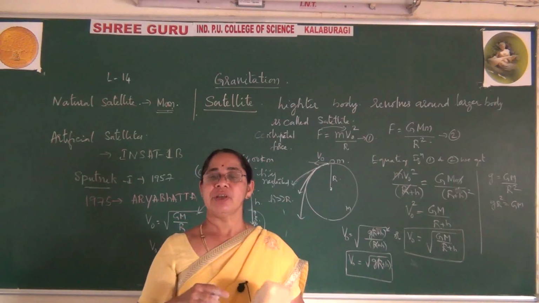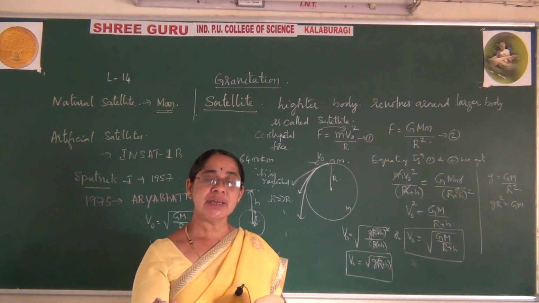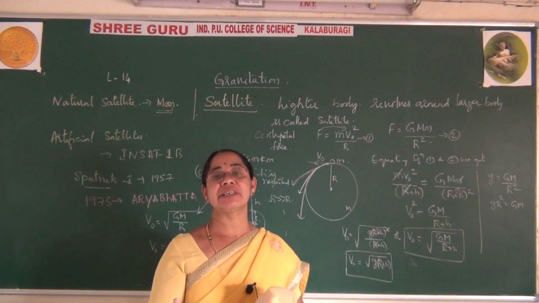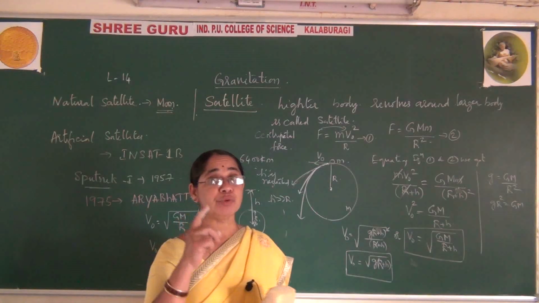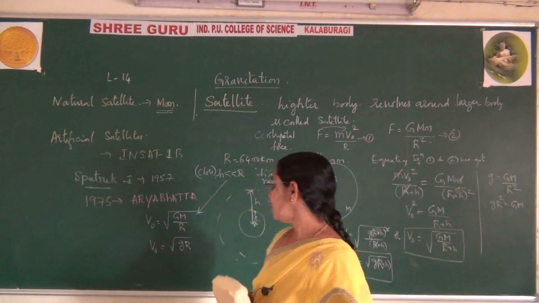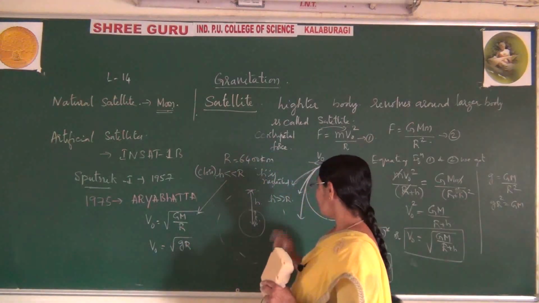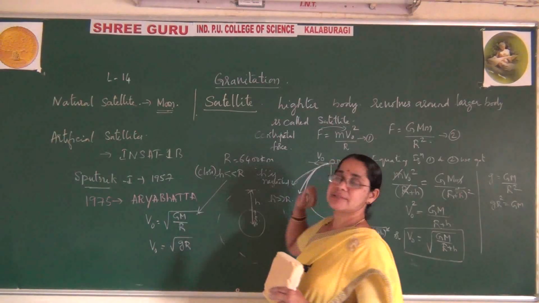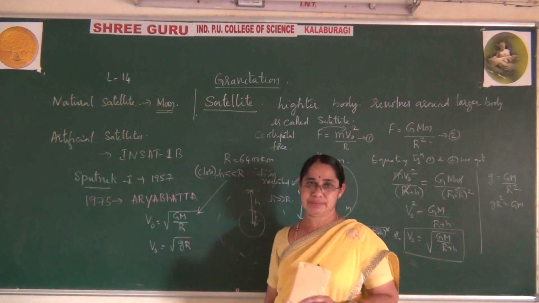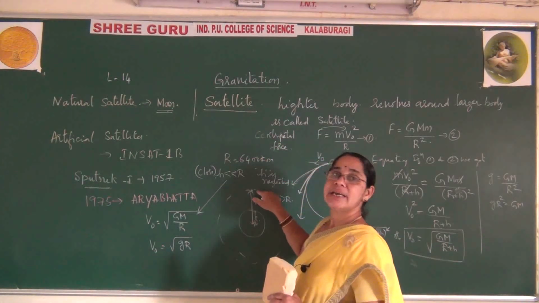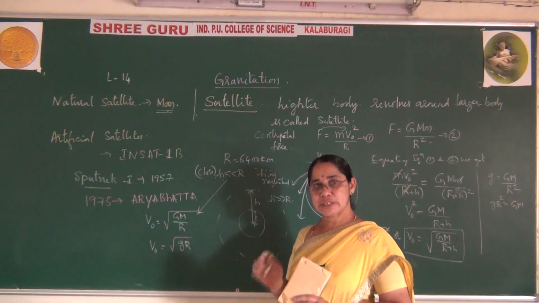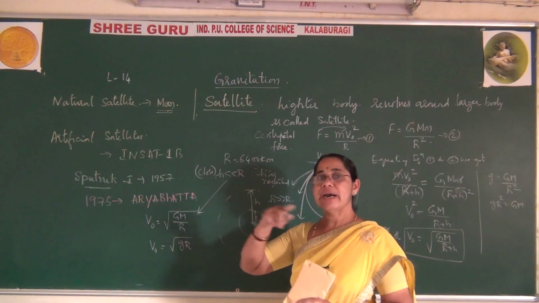When the satellite is close to the surface, naturally it has to escape from the gravitational pull of the Earth. Hence, it has to move with very high velocity. That is what you have to remember. So, please remember the orbital velocity will be more when it is close to the surface, and the orbital velocity will be less when it is far away from the surface. Because as h increases, the velocity will become very less, and it will move very slowly around the Earth.